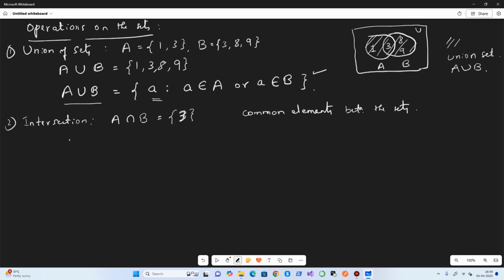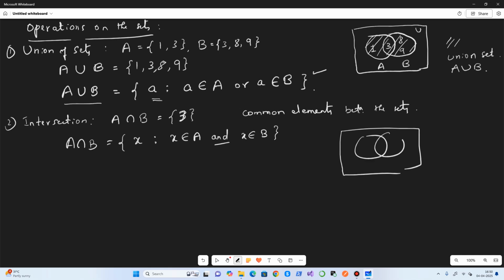So the precise definition of A intersection B is an element, for example x, where x belongs to both A and B. That's why I say 'and'. Symbolically we represent that as x belonging to A and x belonging to B, which is A intersection B.